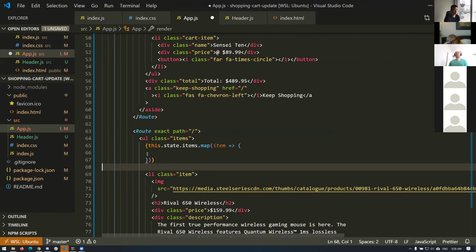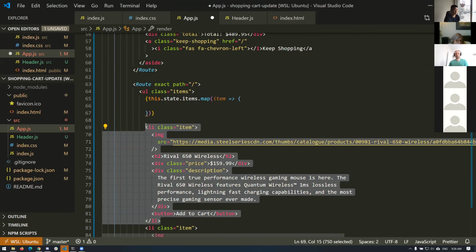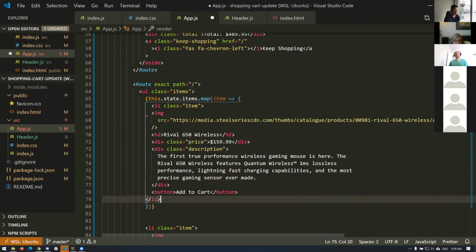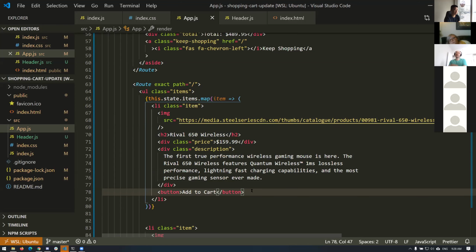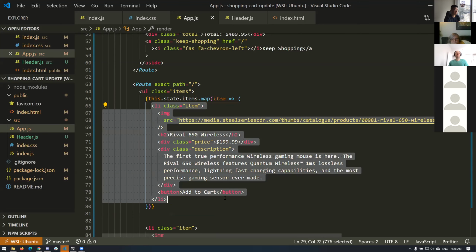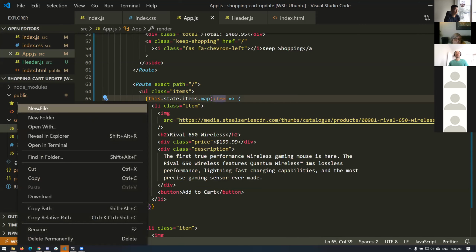Okay, and essentially this will automatically return a little bit of JSX. And we'll drop this piece in here. And now it's just a matter of going through here and replacing those little bits that we want. But to save us a little bit of time, we already know something, and that is that we should probably make a component out of this, right? So instead of spending the time of going through here and inserting item, what I'm going to do is go into here and say new file,